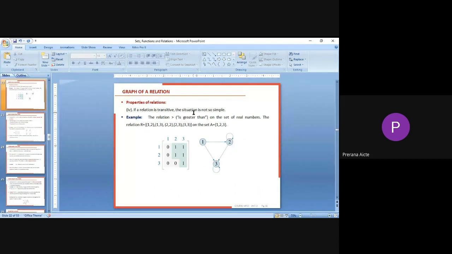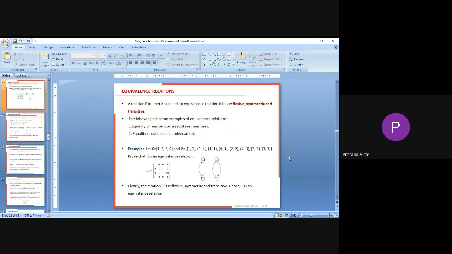That means we cannot easily observe this one. But up to some extent we can identify whether it is following the transitive property or not. It is better to go with the ordered pairs that we have in that particular set. Suppose you have the relation (1,2), (1,3), (2,2), (2,3), (3,3). I cannot say exactly that the graph should contain it like this so that it follows the transitive property. So this is about the four properties, how we can observe them from the relation graph.